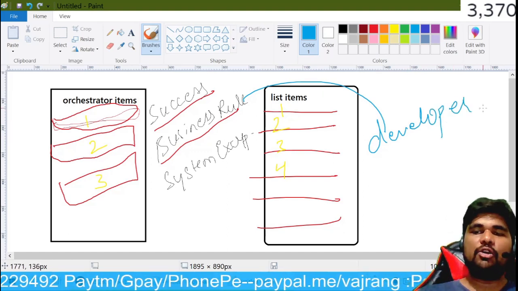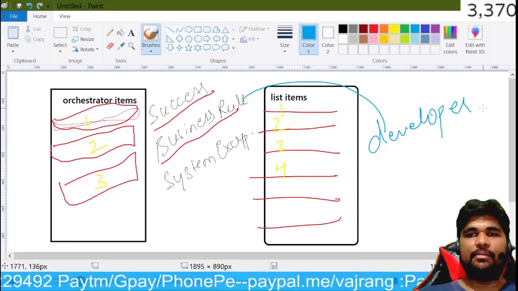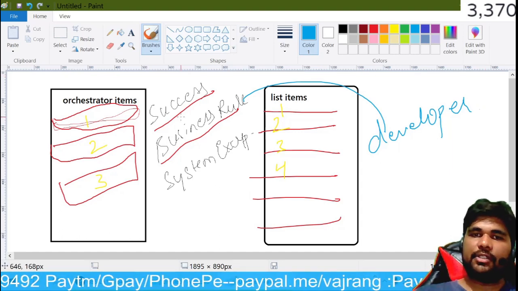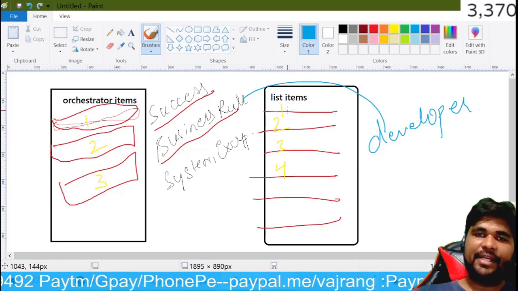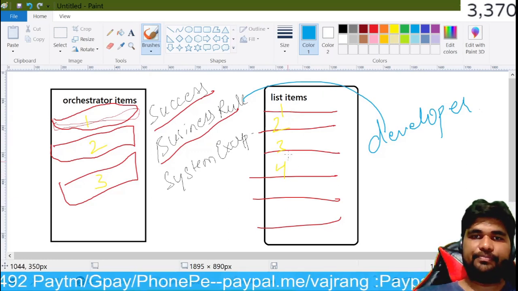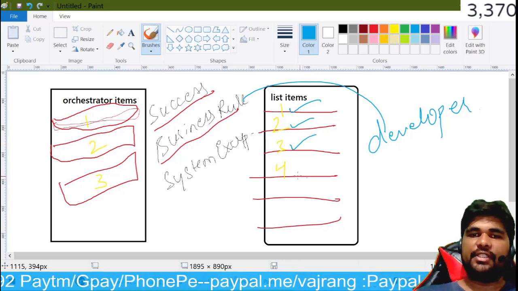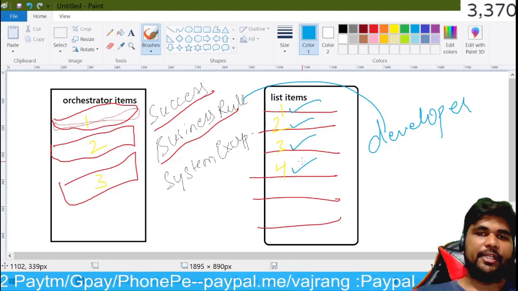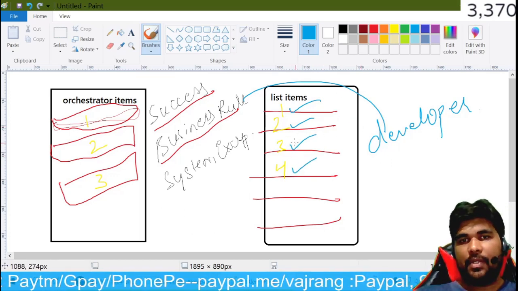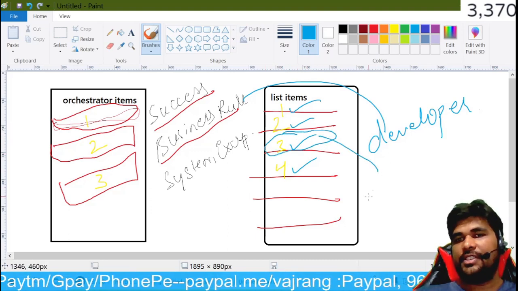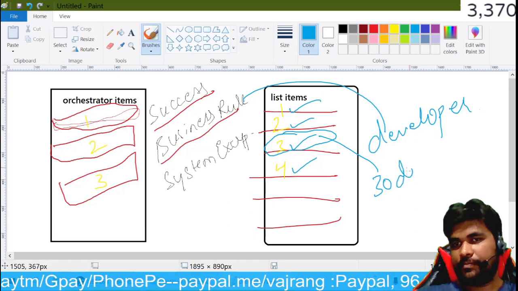Now why would a developer try to raise an exception? That's the question. Let's assume that these are the IDs of employees. 1 is an employee ID, 2 is an employee ID, 3 is an employee ID, 4 is an employee ID.